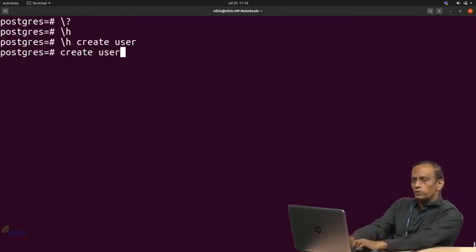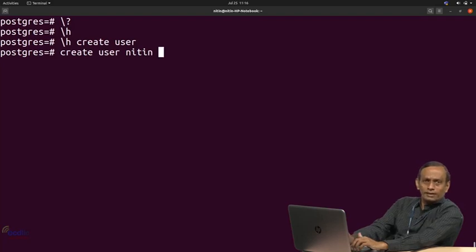So, write create user. Now, let us write Nitin. Now, we want this user to act as a super user. You may say we have the Postgres user available already, so why do we want another user? Let me tell you. For a while, in this first set of sessions, we would be using Postgres. Further, until and unless I tell you, we will not use Postgres, fine. So for that purpose we have to create this user with super user permission.